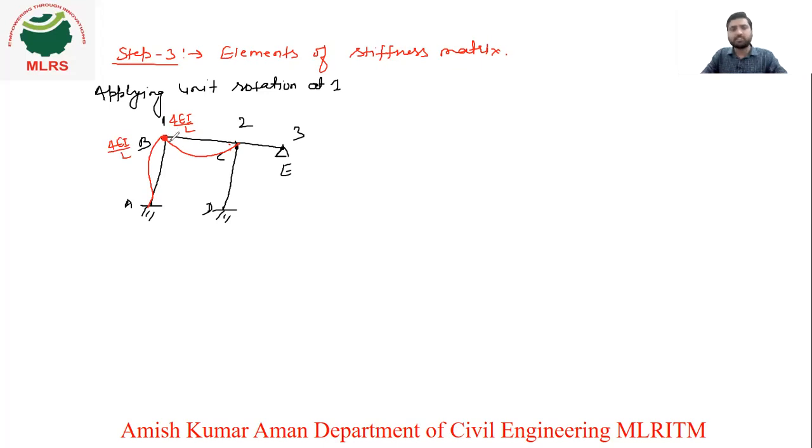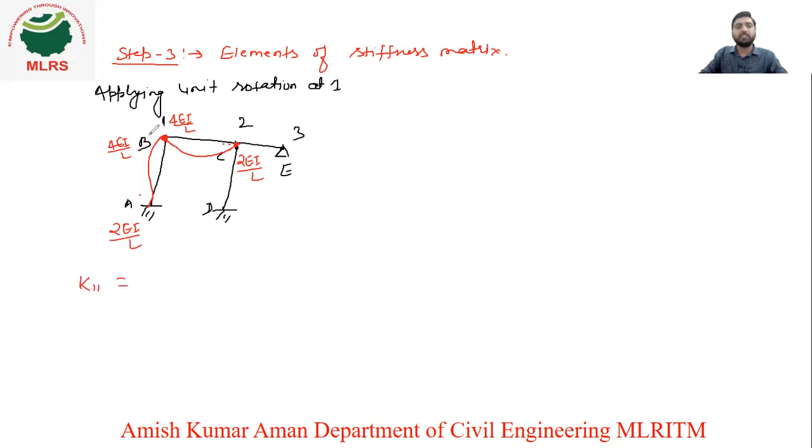Now, the stiffness on the other end. Because we are giving the unit rotation at B, obviously here the stiffness will be 4EI upon L, for BC also, for BA also. Now, if you want to calculate the stiffness at 2 due to rotation at 1, this is the far end, right? Here it will be 2EI by L, half of that 4EI by L. Similarly, here also this is 4EI by L, so at this point it will be 2EI by L. Now we can calculate K11, K12 and K13 values.